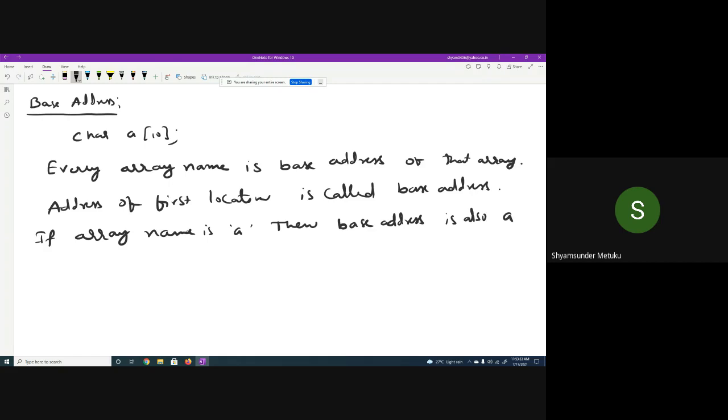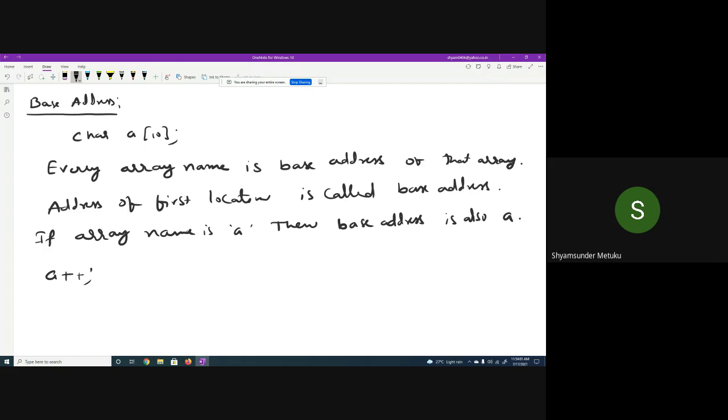Is it clear? So is a double plus allowed or not? I mentioned this yesterday also. Can I modify the content of A? A could be 1000.